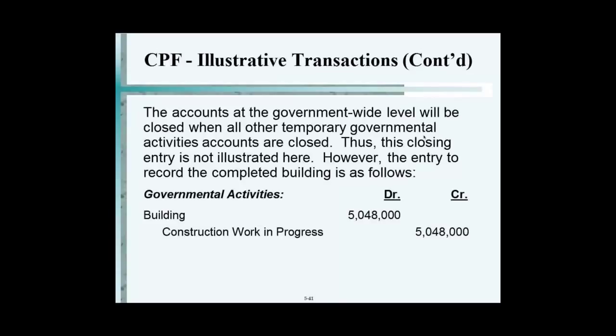Construction work in progress is now eliminated, close to a building account, a real asset account. Notice that construction work in progress had a debit balance, so we credited it and we debit the building account itself. So let me just